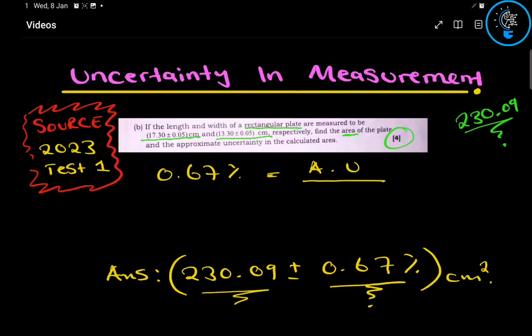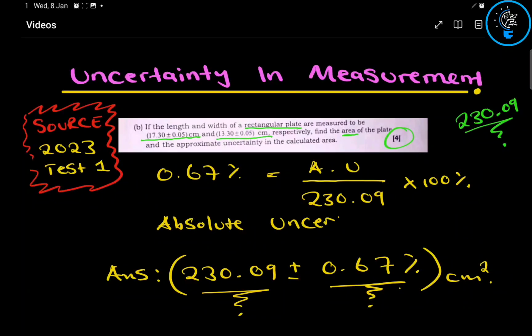We know the central value is this part, 230.09, times 100. Remember, we want to convert this one into absolute uncertainty. So now, the absolute uncertainty will be equal to this value, 0.67%,